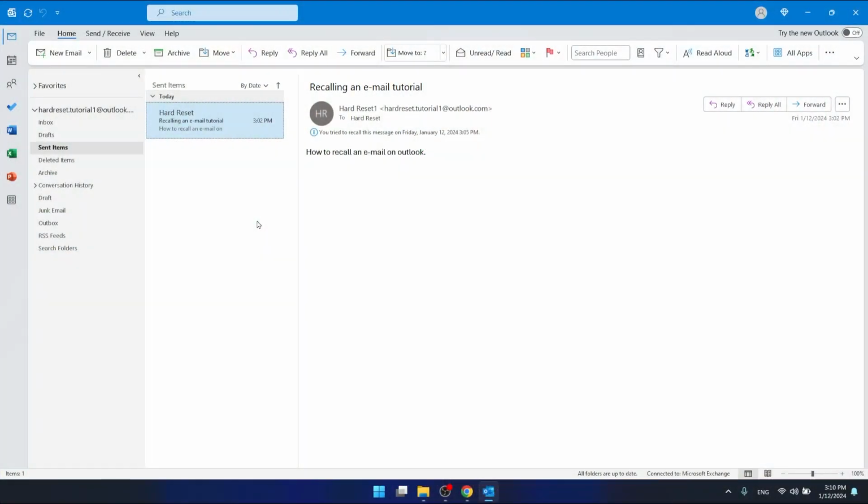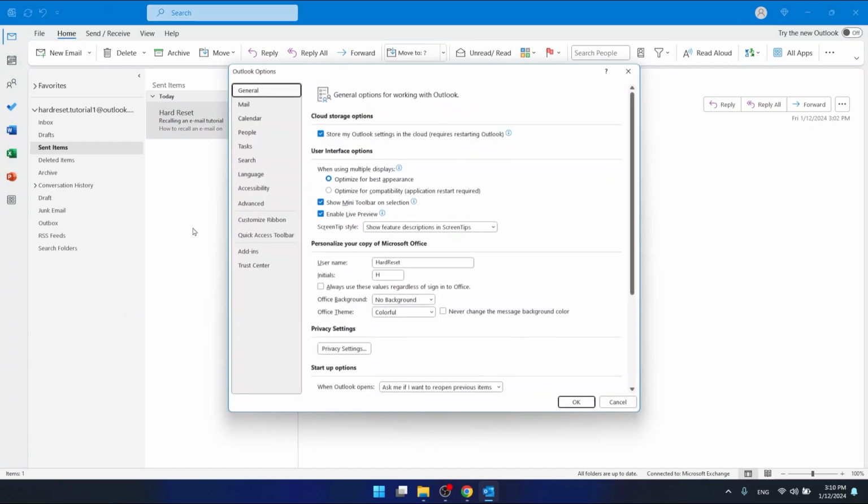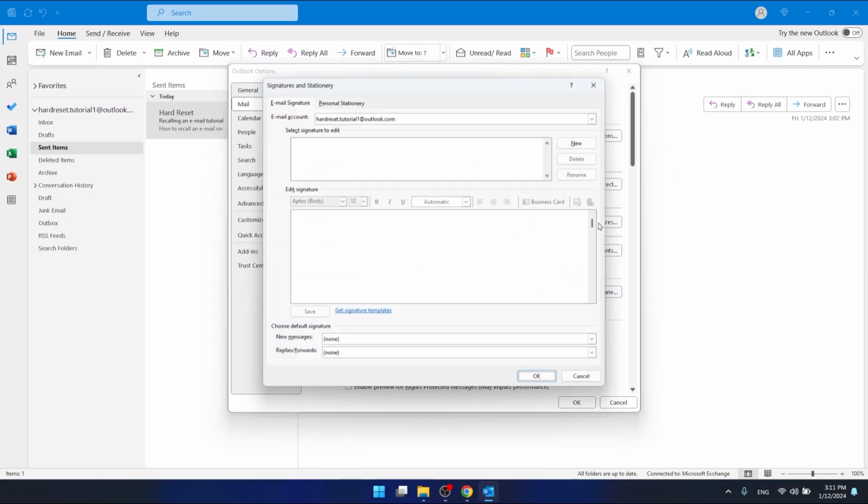So, as you can see, I'm using the 365 version of Outlook, and to add the signature, you want to go to the File tab right here, click, and then go to Options, which is on the bottom left, and then go to the Mail options. And there is something called Signatures, which is right here. You want to click on that, and then as you can see, we have this Signatures